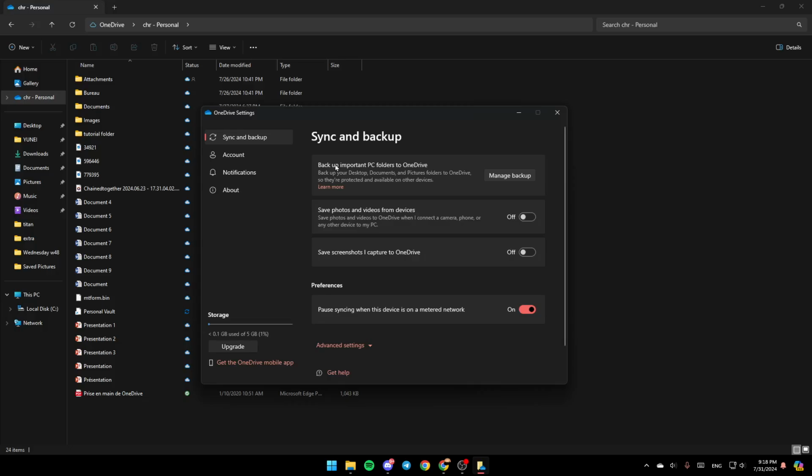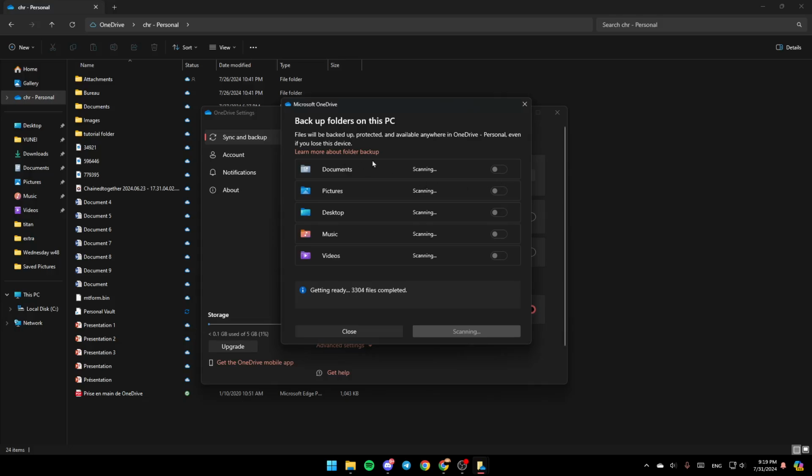And then right here, go to this option right here, backup my important PC folders to OneDrive. Backup your desktop, documents, and pictures folder to OneDrive so they're protected and available on other devices. Click on Manage Backup. And then here, as you can see, guys, go ahead and enable backup for the options